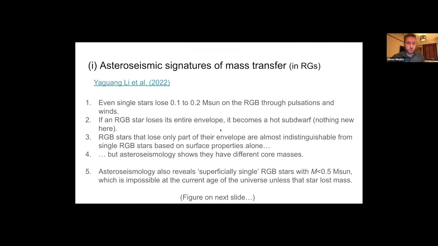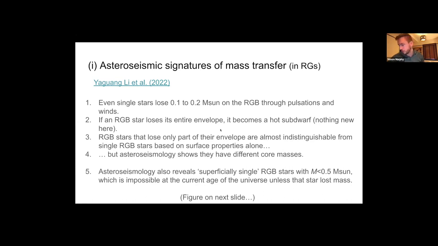But if the red giant star only loses part of its envelope, it's actually almost indistinguishable from a single red giant branch star based on the surface properties alone. So if you're just looking, say, at effective temperature and surface gravity, it's extremely difficult to distinguish single red giant branch stars versus those that are in binaries that have lost a little bit of their envelopes. But from astroseismology, you can actually determine they have different core masses and that a mass transfer episode has occurred, and you can roughly estimate how much mass they have lost, especially if you can measure some properties of the